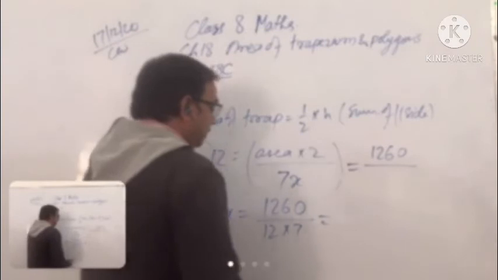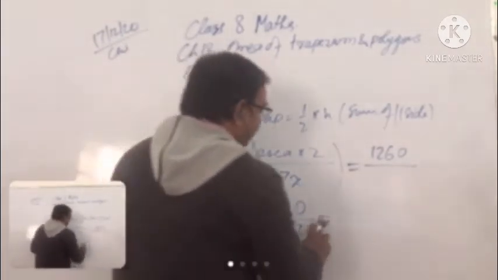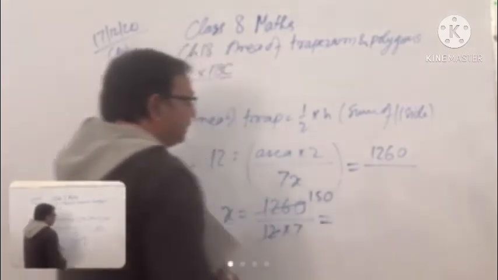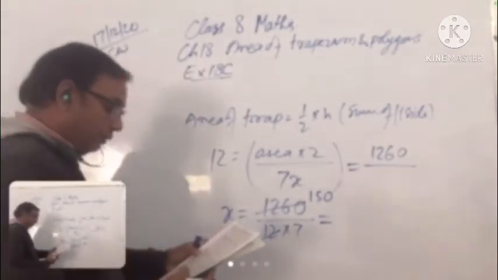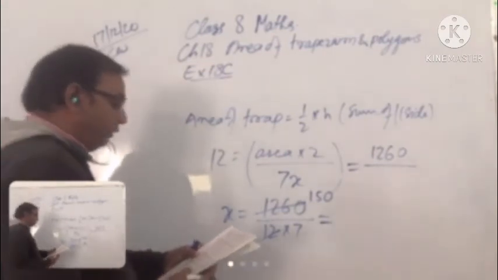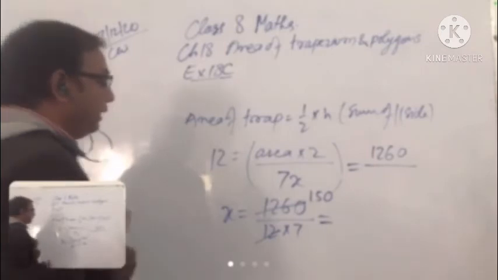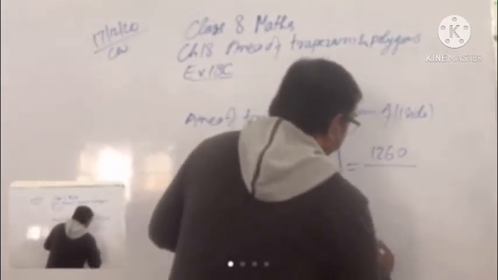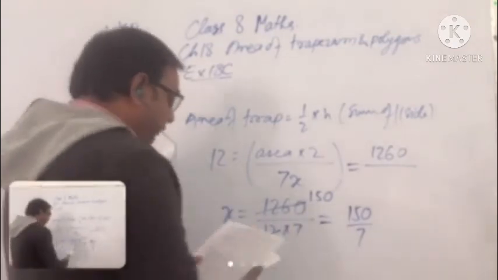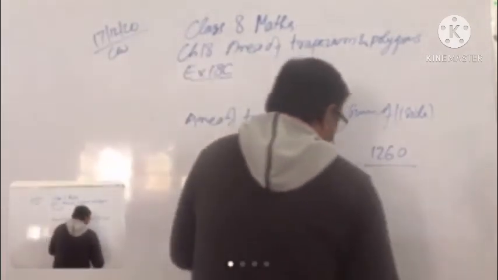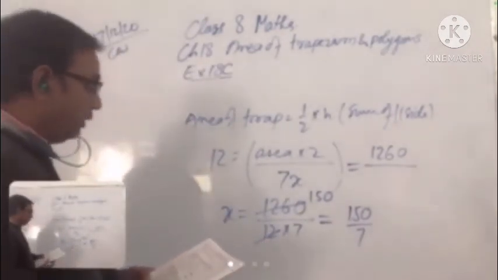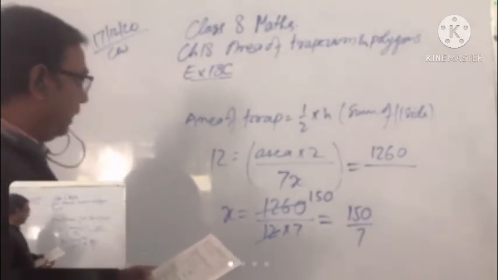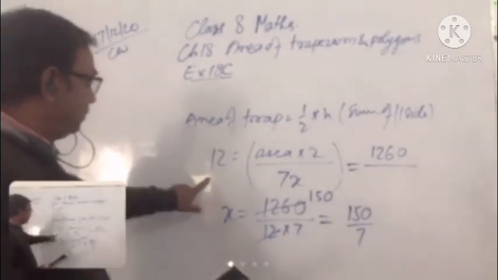How long does it take? 15 is not an answer. If we divide it by 12 it will be 15, 150. So I think I have written something wrong somewhere, I am checking. The shorter side. Okay, we have to find the shorter side. If we divide this by 7, it is simple. This divided by 7, what is the value? x is 150 by 7, and if we multiply with 3, then we don't get a whole number. Then what is the problem? 630 and 12, 1260. 1260 is right, and the distance between the parallel sides is 12.